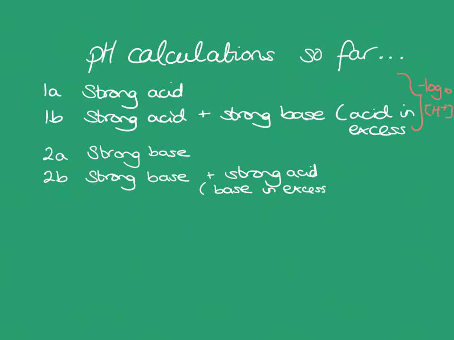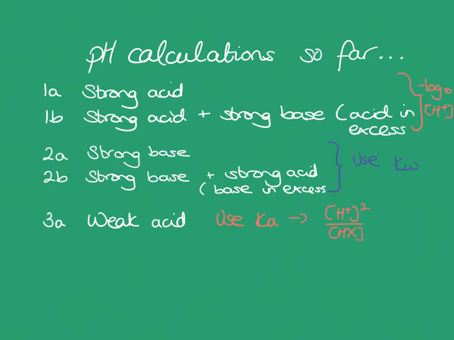And in this situation, we would use Kw. And then last week we started looking at weak acids. And we used Ka. And we also used the approximation of H plus squared